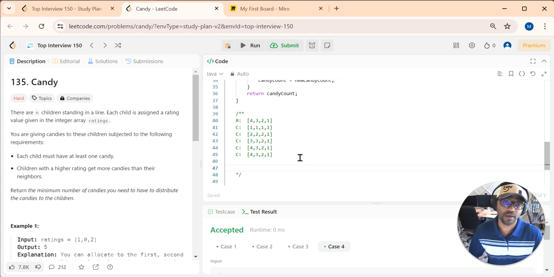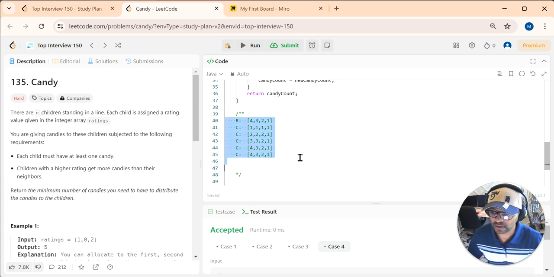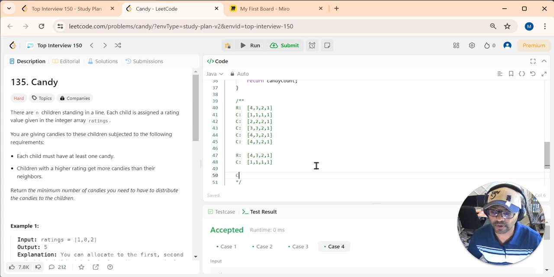So what I mean is, if we went from right to left, okay, let's try that. Let's say we were going right to left. Actually, let me just copy this much. Okay, so that is still our beginning. So if we went from right to left, then what will we end up doing? 1, 1, 1. So what will we update? We'll first update this to 2, then we'll update this to 3, and then we'll update this to 4